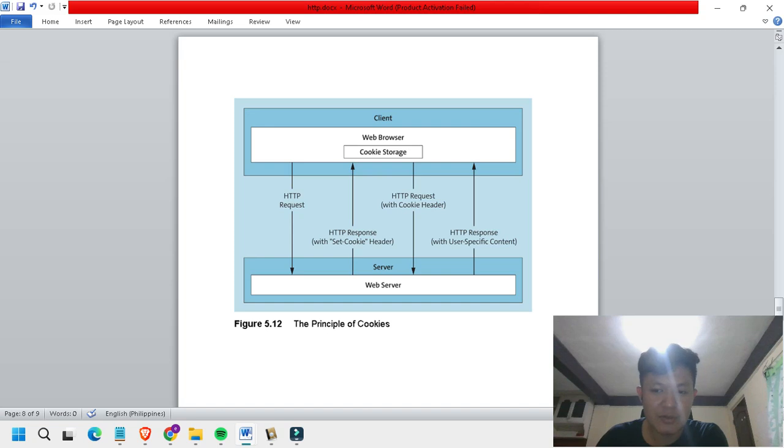So it would be good if we could save content. For example, if the user is logged in, once they're logged in, we can provide the resource easily.